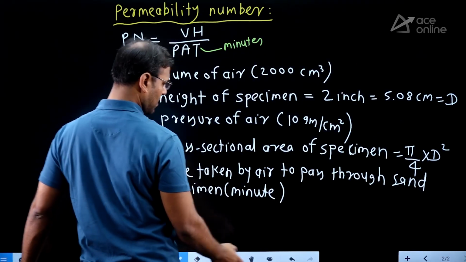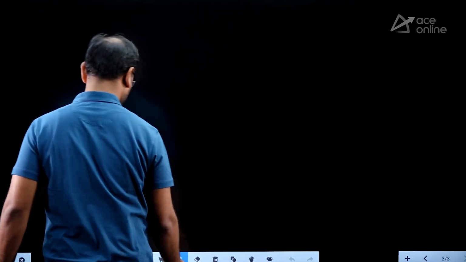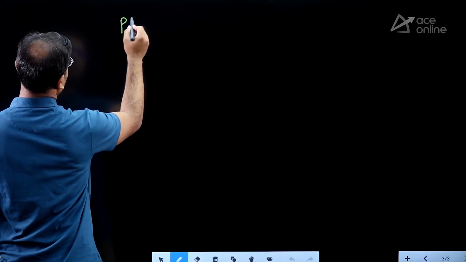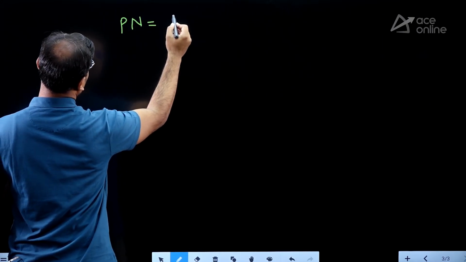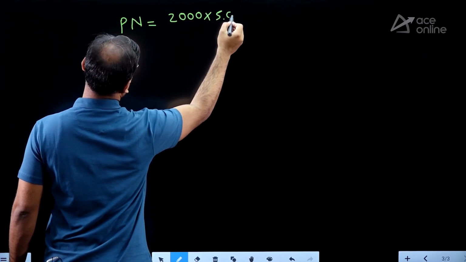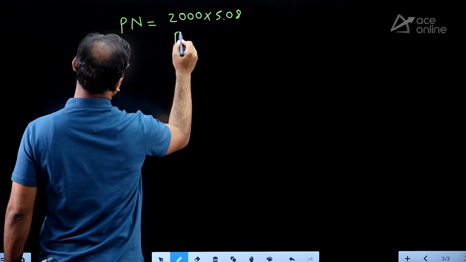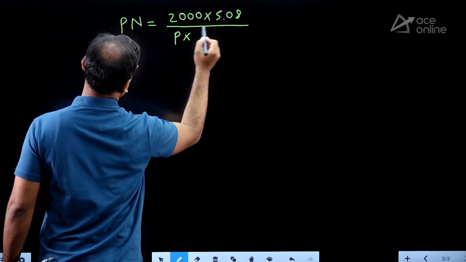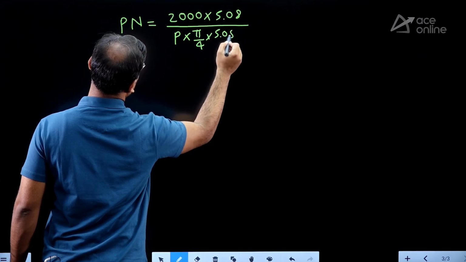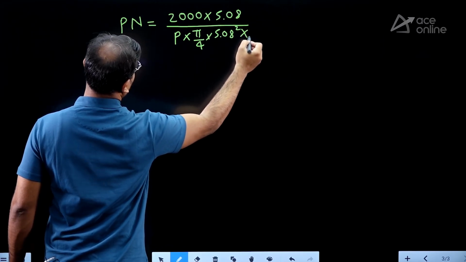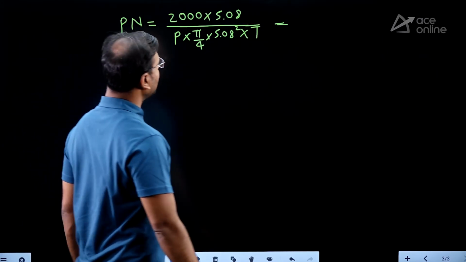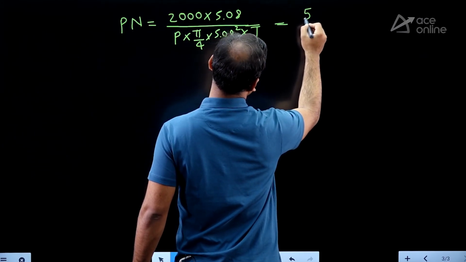Here in the permeability number, I am writing the Pn, permeability number, is V H by P A T. V is 2000, H is 5.08, and pressure I am taking only as P. Area is what? Pi by 4 into diameter square. Diameter and height are equal, into T. Okay, if we calculate, then you will get 501.28